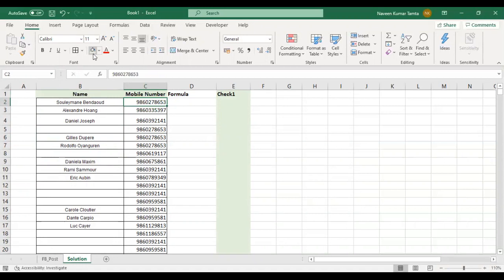If you can see, this 53 is given here and 53 is also given here and then here as well. So I want to delete the duplicate entries which have no names in column B.